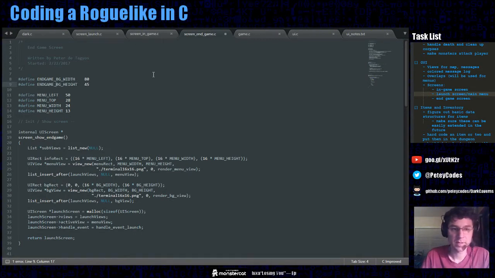End game. So the background's going to be 80 by 45, which is our full screen, because our full screen is 80 cells by 45 cells. We're actually rendering in 1280 by 720, but we cut it up into 16 by 16 cells. And then we're going to have our info view. So we'll do info, left, top,